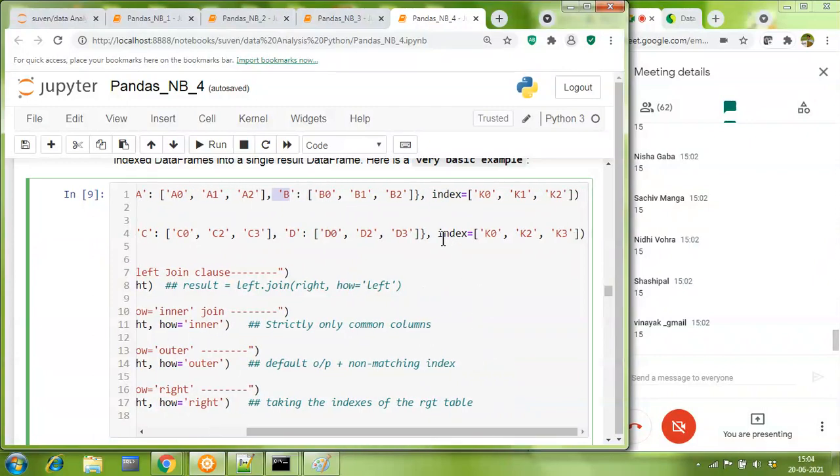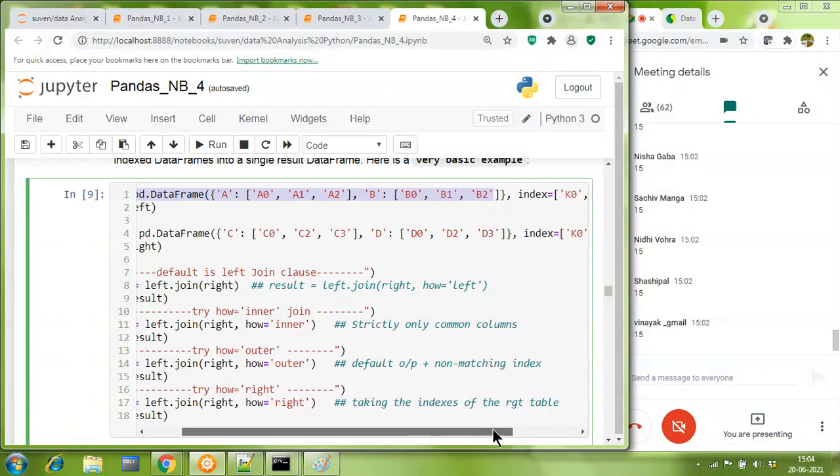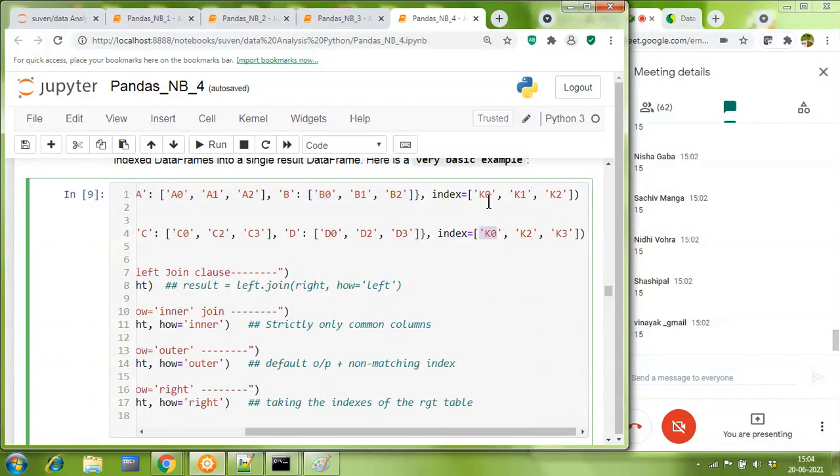And I have indexes as K0, K2 and K3. Did you all quickly notice that 2 row indexes are matching? K0 and K0 is matching. K2 and K2 is matching.